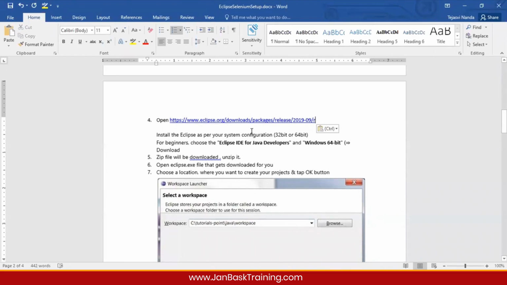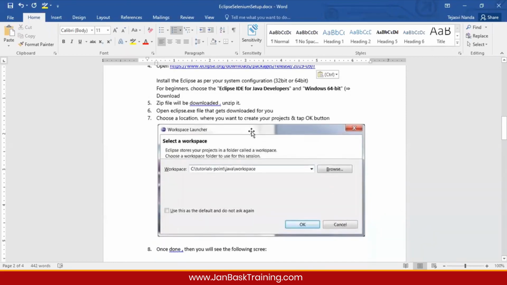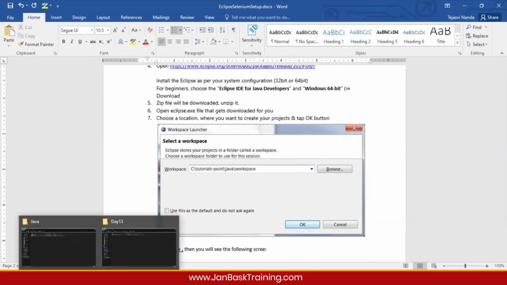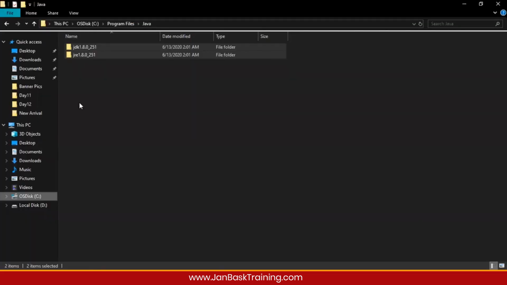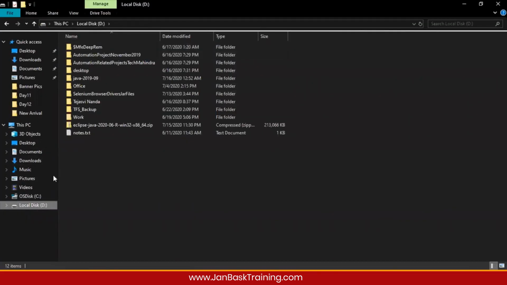So now is the step. Once you download this file, okay, you'll get a zip file, a condensed file, right? It's a shorter file, a compressed file. I don't have it right now with me. I could have shown you. I think I've deleted it. No, it's here. So this is a zip file that you'll be able to see.